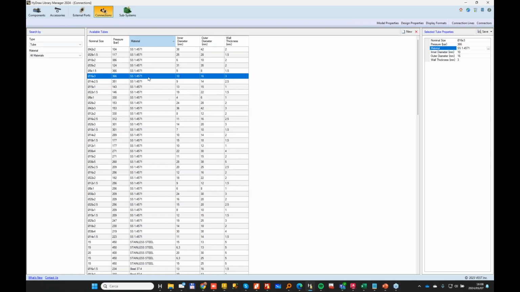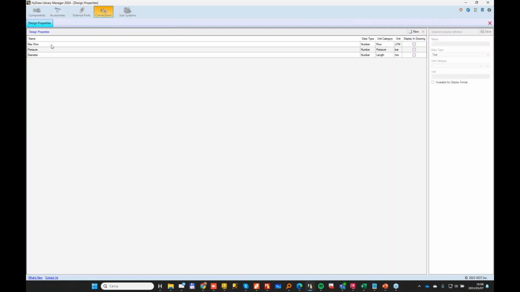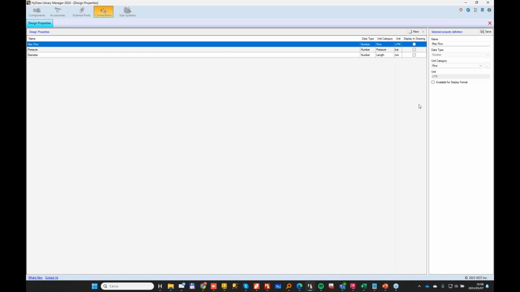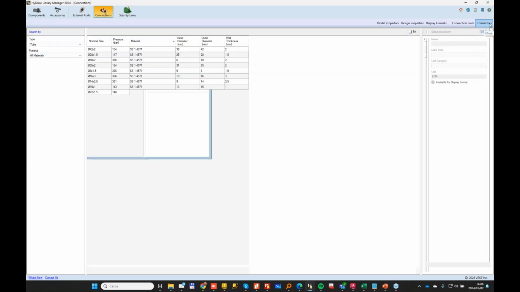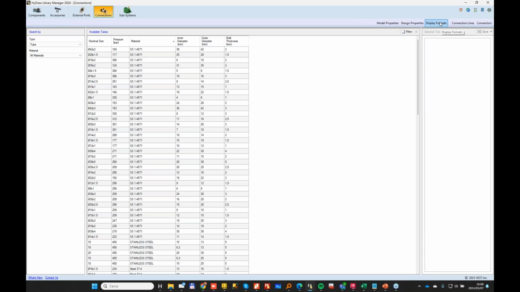Like I said, I wanted to customize the displayed attribute for this tube. I want to display the flow rate. So in order to do that, the rated flow is a design property. So I need to go to the design property and select my max flow, and I'll make it available for the display format and click save. Now this is not enough. I need to create a display format,